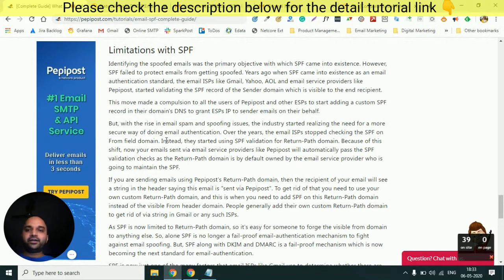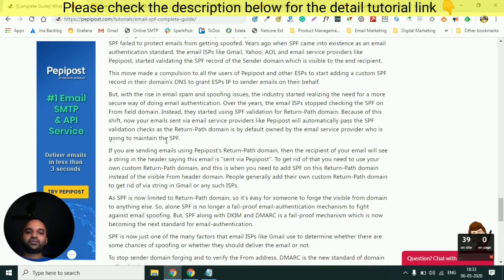Then at the end, I will try to highlight the limitations of SPF. There are certain limitations of SPF because of which it is not completely foolproof. It is not completely the mechanism which can help you in protecting your emails from getting spoofed. Hence there are some new technologies, new mechanisms which came into the picture, known as DKIM and DMARC. I have written about these DKIM and DMARC in my other documents too, and the links for that I have shared below in the description. While SPF is good and it is one of the fundamental and basic steps which you should be doing, you should also do DKIM and DMARC on your emails.